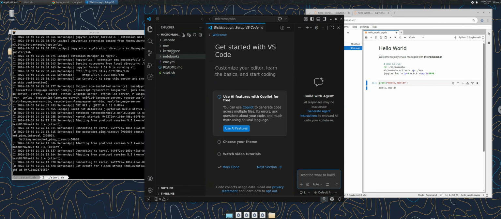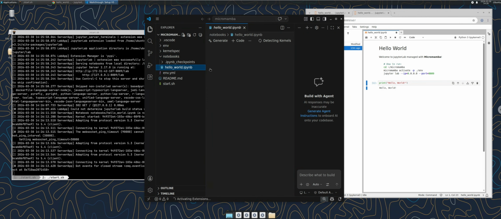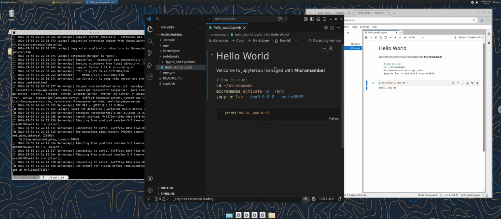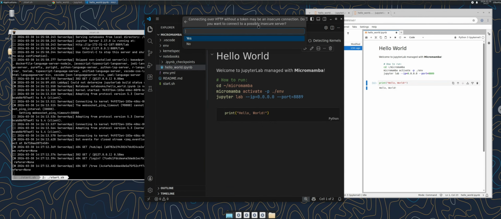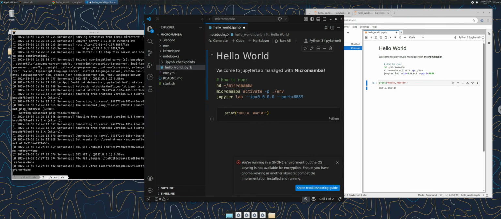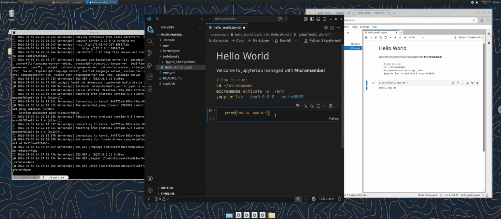Perfect. I open the notebook, which is here. It is the notebook. And then I will select the Micromamba kernel, so existing Jupyter server. Instead of the port ended with 8, a port ended with 9 is where we have Micromamba, remember? Then I click enter here. Yes. And then here you say Micromamba kernel. This is just an arbitrary name, and we select the kernel that we want to use. Perfect. Then I will execute this cell,